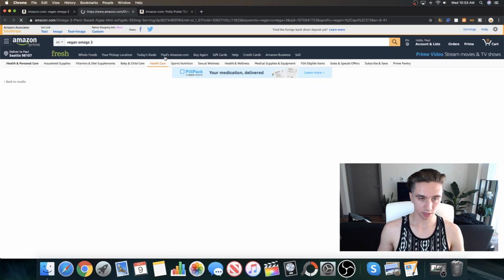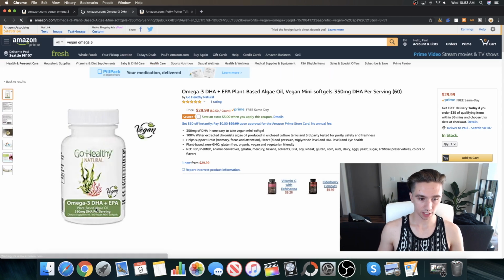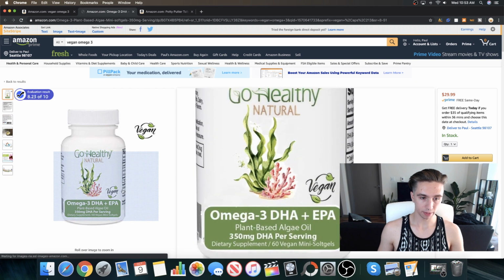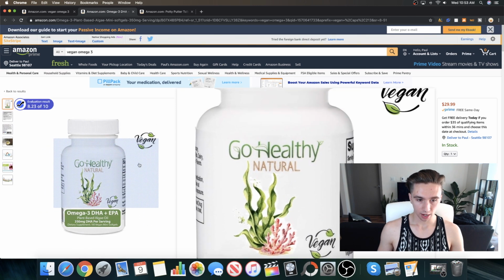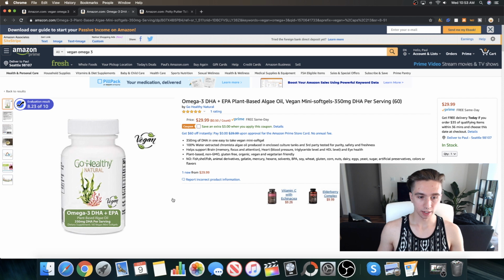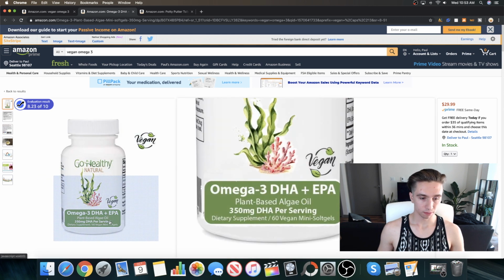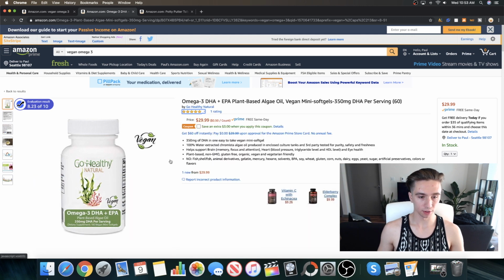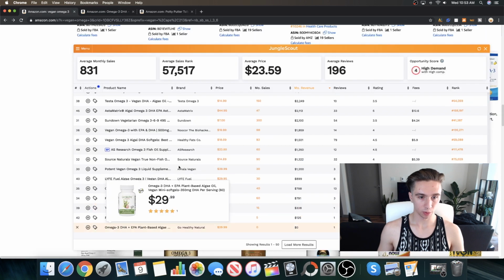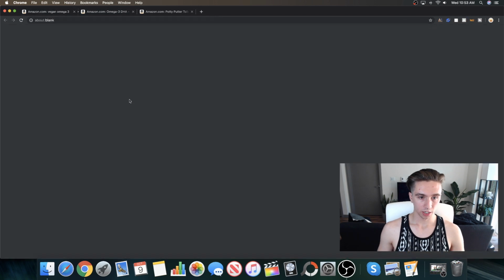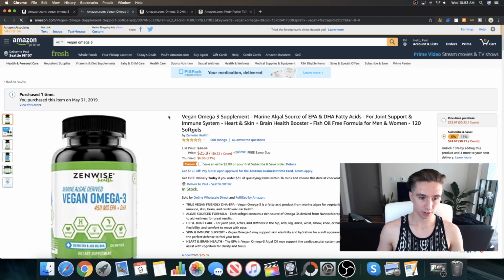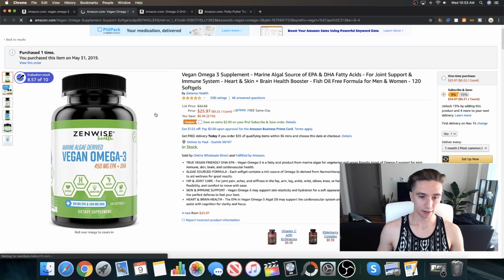So this one, for instance, understanding that it does say omega-3, DHA, and DPA, and it says vegan kind of small there, right away it doesn't really speak to me. I like what they tried to do here, but I don't think they are carrying much weight with that. Granted, they have one review, and also their picture is just photoshopped on there, right? That's not even curving with the bottle, so that doesn't look very attractive. Meanwhile, if we come all the way up here, very good, clear, big picture, very high definition, zoomable. So those are obviously things to look out for.